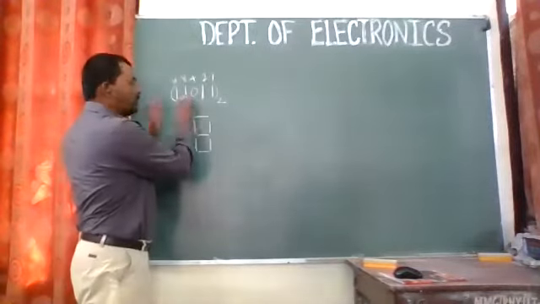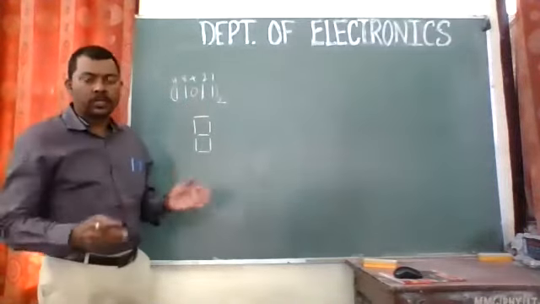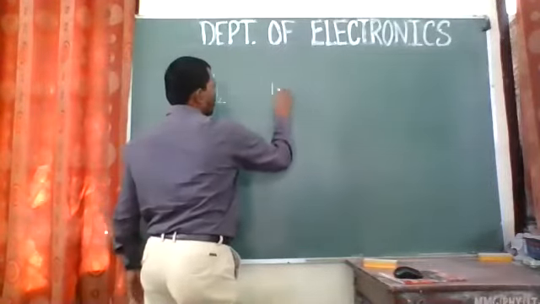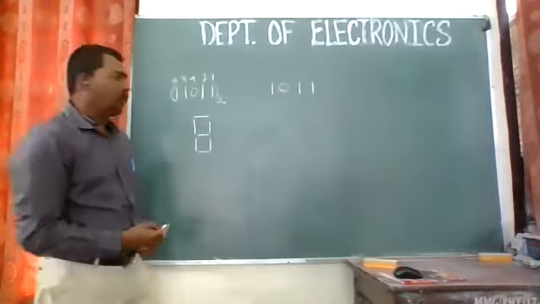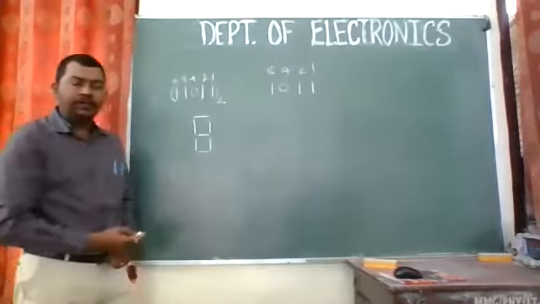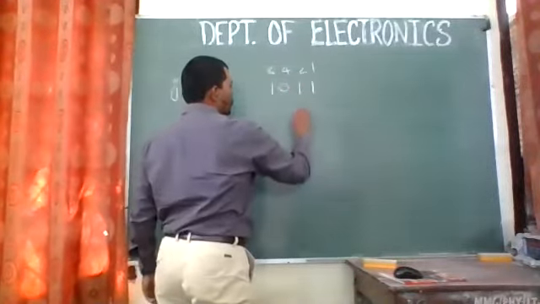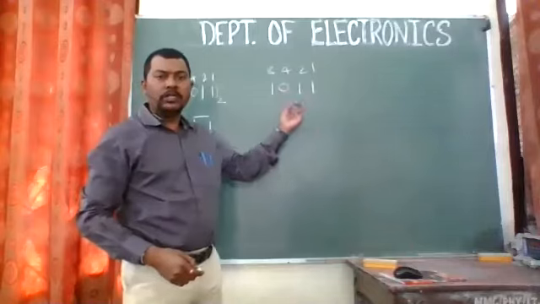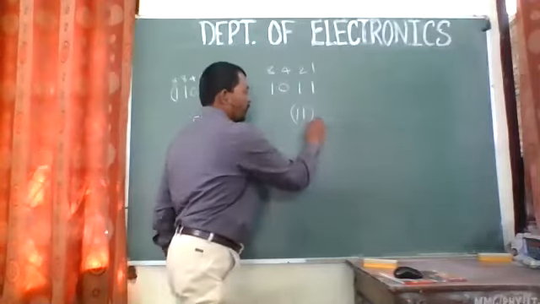Now what we will do, we will divide these binary numbers into portions of 4 bits. So we are going to have 4 bits. Now we'll have this 1011. If it is a number, then we will put 8, 4, 2, 1. And when you add this number, it comes out to be 8 plus 2, 10, and 1 is 11. So this is the decimal number: 1011 is equivalent to 11 in decimal.